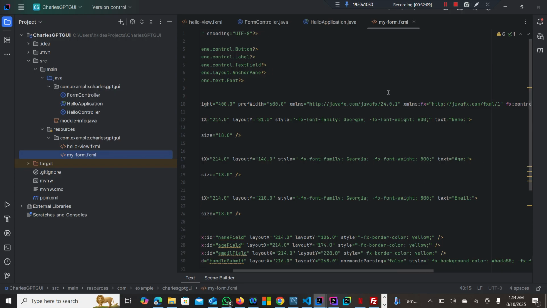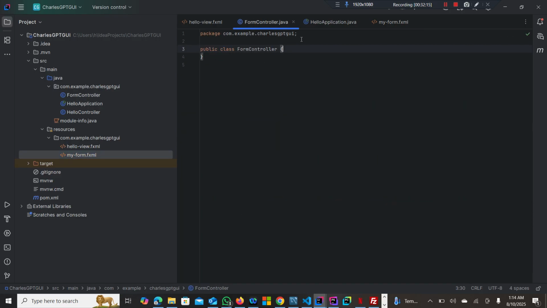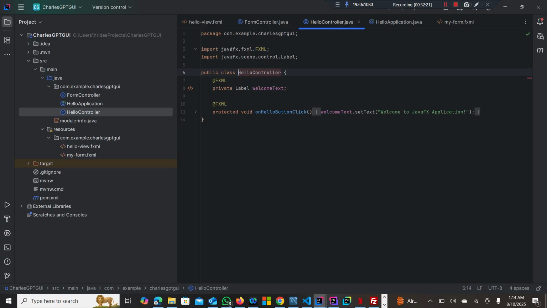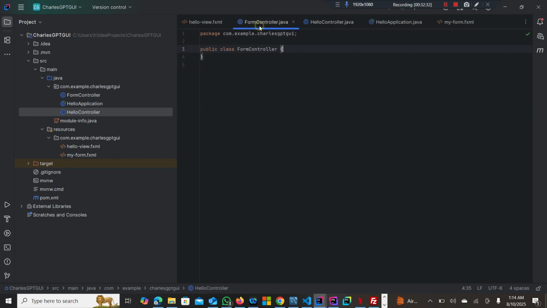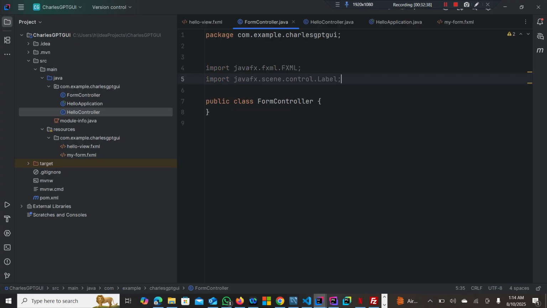Okay, so the next thing we're going to be doing is we'll go to our form controller. This is for wiring the controller. If I go to this hello controller and open this, you see some things that are important. Import javafx.fxml. So I'll just copy this thing that they imported and go to my form controller, and on top, I'll zoom this out a little bit. So I'll just paste this, import javafx.fxml and stuff like that. This is what we're going to use to wire our connection from the creative form we built